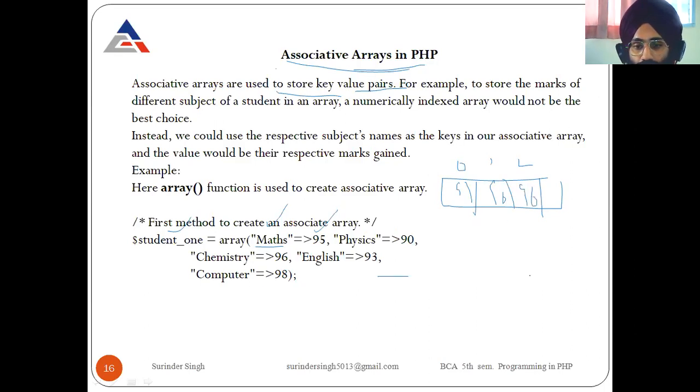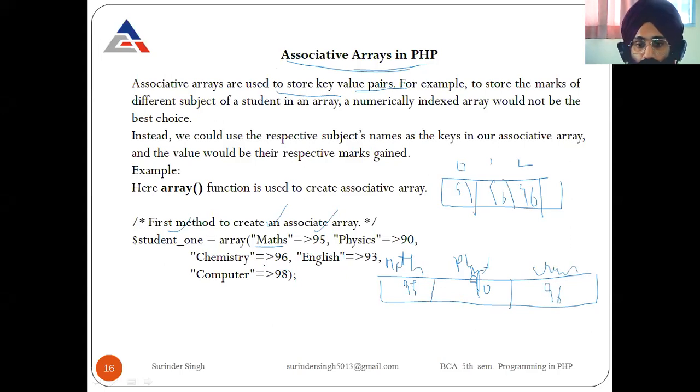Clear? Actually we are using it like this: first is math, the key is math and the value is 95. Now the key is physics and the value is 90. The key is chemistry and the value is 96.